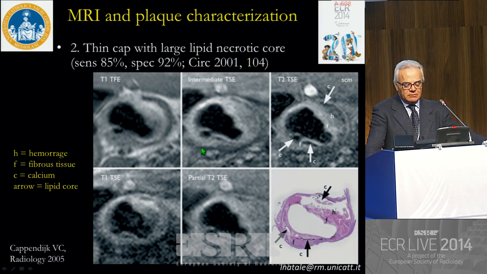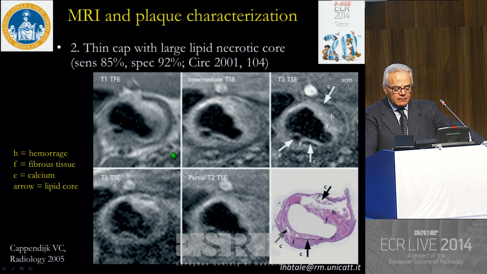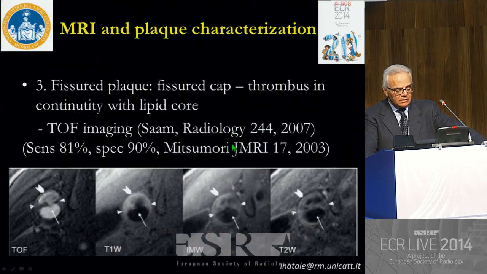Here you can see some specimens of carotid arteries with corresponding multi-weighted MRI, in which we can analyze very precisely the presence of the lipid core, the hemorrhage, and the fibrous cap in this case. So this is a lipid-rich plaque. Or in another case, we can easily demonstrate the presence of the fissured plaque, mostly with time-of-flight images, where the thinning on one side of the cap and the interruption of the cap is easily demonstrated,